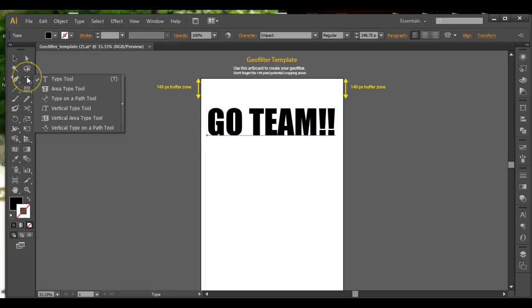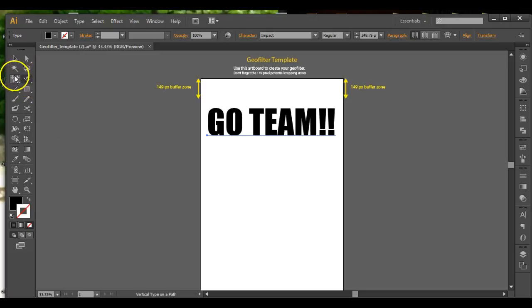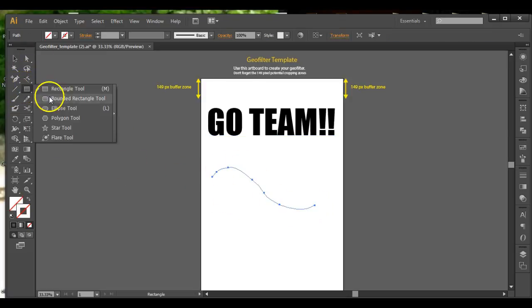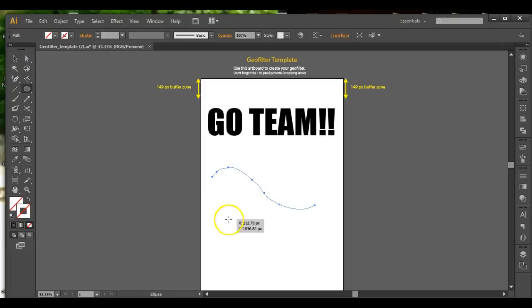Some other options, though, before we get into that, there are some different type tools. If you click and hold the mouse button down on the type tool, you can see that there are some other things like type on a path and vertical type tools. So, for example, if you wanted to type on a path, you could use the pencil tool or the brush tool or even the line segment tool to make some sort of a path, or even using a shape tool, you could get, say, a circle,